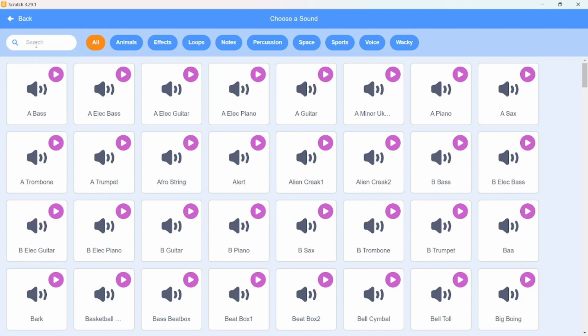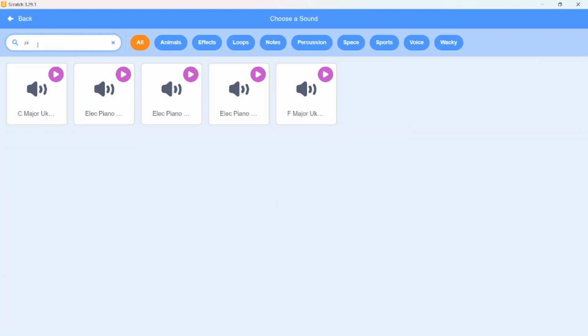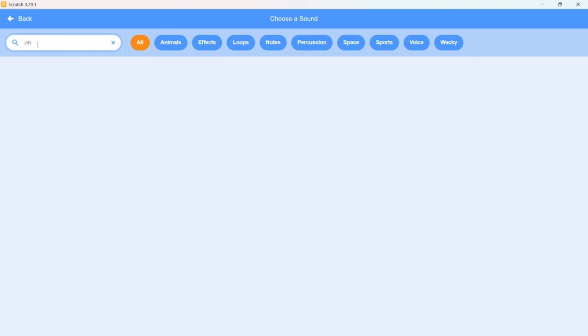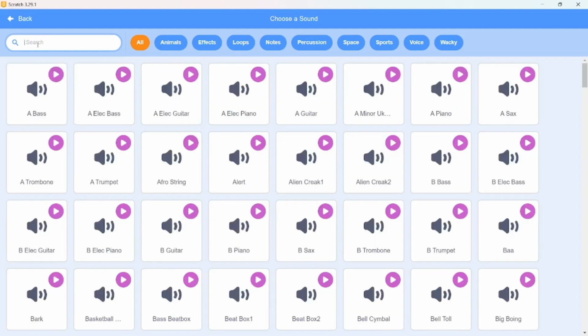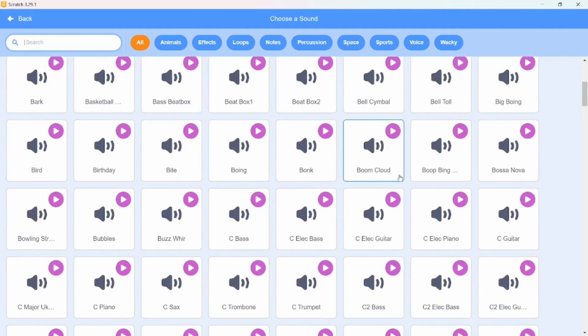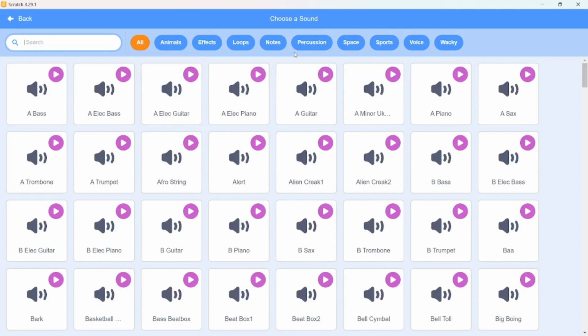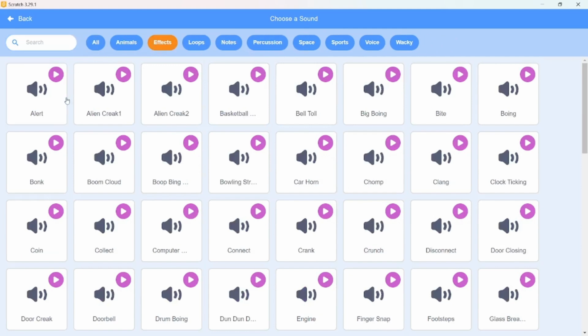Let us see which sound can be here. Let us try some sound. I can just search it here. Or you can take another sound as well, which will just play on loop. Just try any of the sounds you find. You needed effects, right? So just go on the effects.